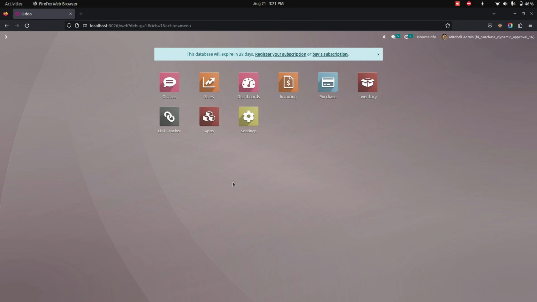So in this way, we can make use of this module to help users with dynamic and multi-level approvals in